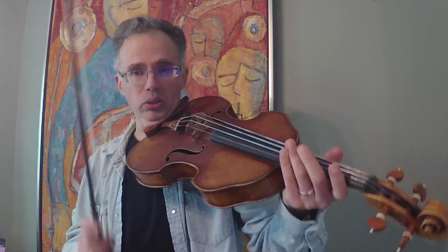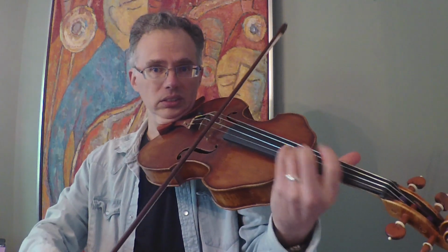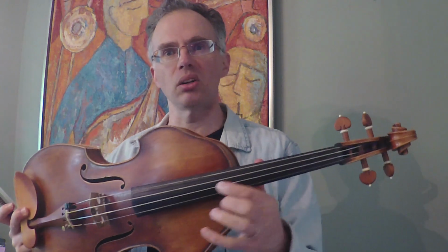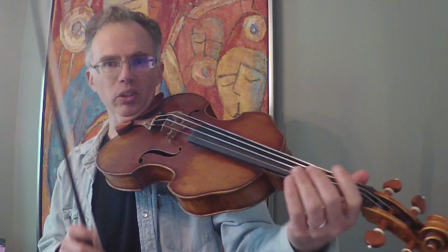The Heifetz slide, on the other hand, does more approximate how a singer might slide, and it's a little bit of an illusion, but the same two notes would be... so you can see it kind of gives the impression of sliding right up to the high note. Now, as I say, there's a little bit of sleight of hand or an illusion here, because the way to do that, unless you're going to go with only one finger, which you could, but most of the time that's not what you do. If you're going to go from 1 to 3, like we were talking about, you have to put the third finger down at a